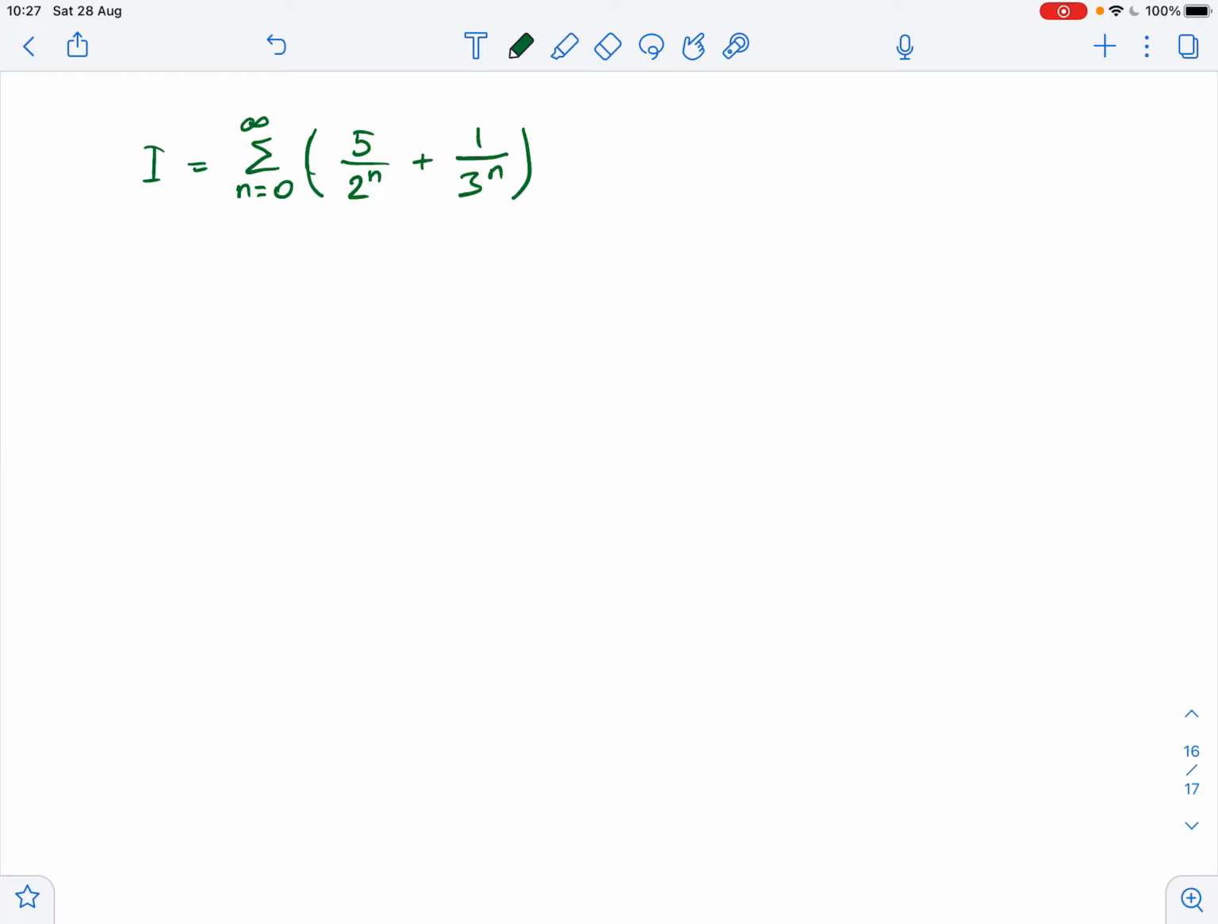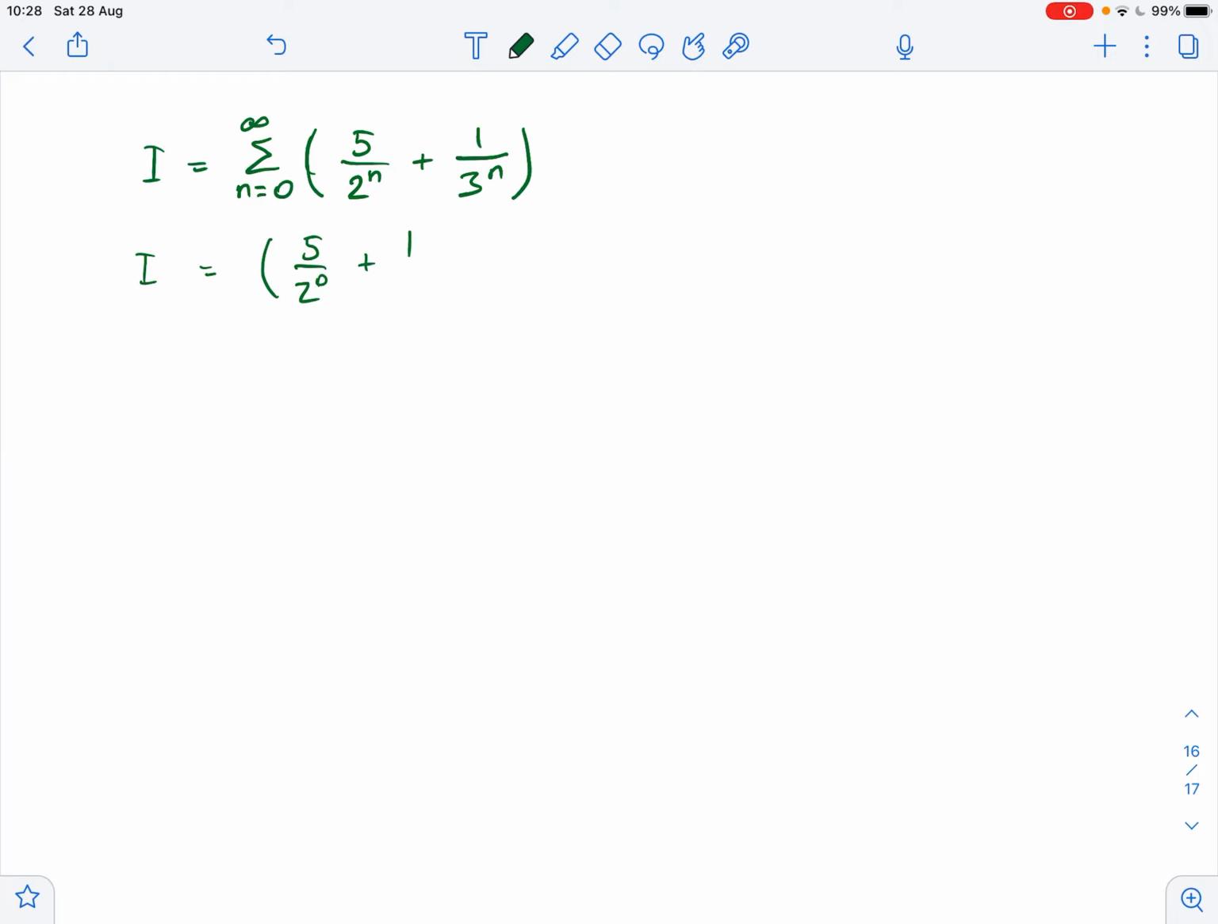So we need to consider the given series. We need to find the first few terms of this series to show how it starts, and we also need to find out the sum of this series. Well, to find the first few terms, we substitute the value of n from 0 to infinity in the given series. So we get that I equals